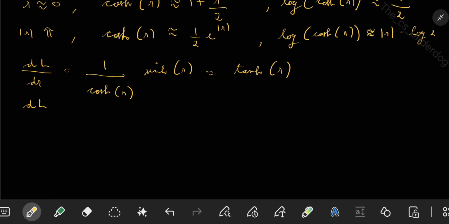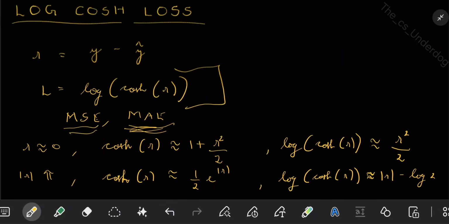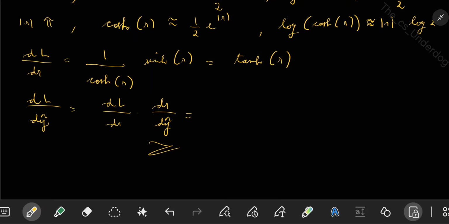If you take the derivative with respect to your prediction, dL/dŷ, it will be dL/dr into dr/dŷ. This is the chain rule. So what is dr/dŷ? You already know that r is y minus ŷ. If you take the derivative with respect to ŷ, it will be minus 1, because this is having minus ŷ. So this will be minus dL/dr. dL/dr is tanh, you already know. So this will be minus tanh